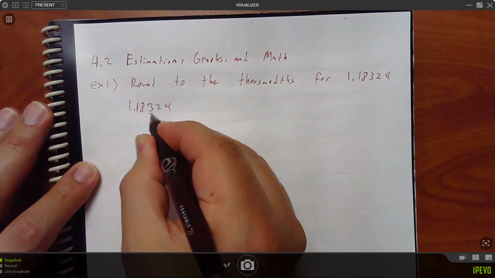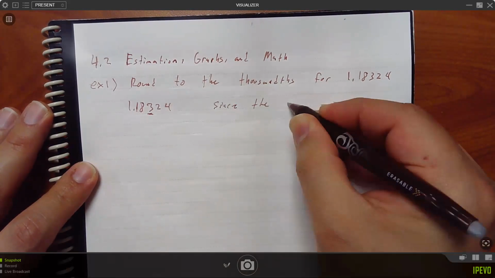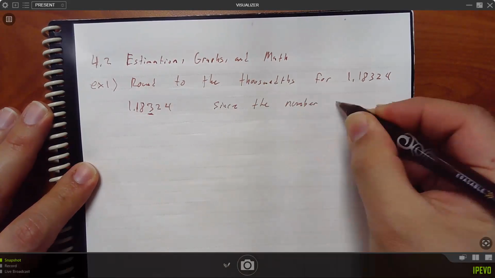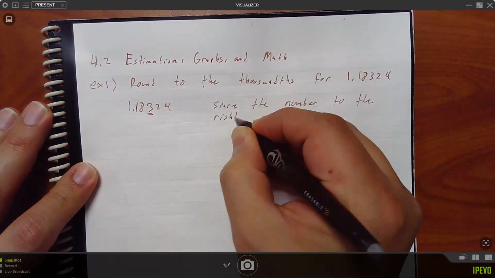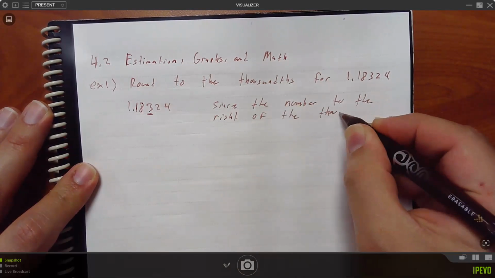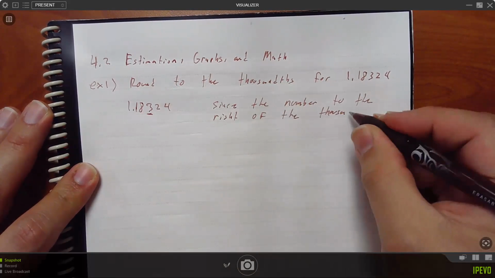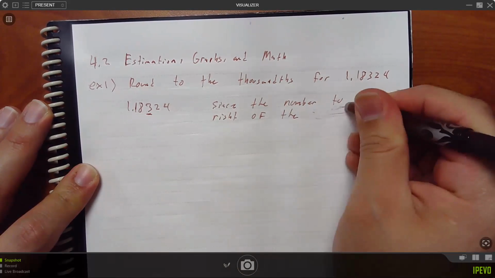So we look at this number. So since the number to the right of the thousandths place, I wrote that weird,